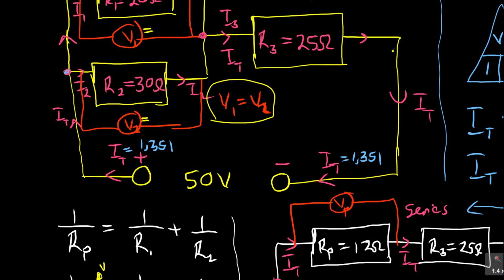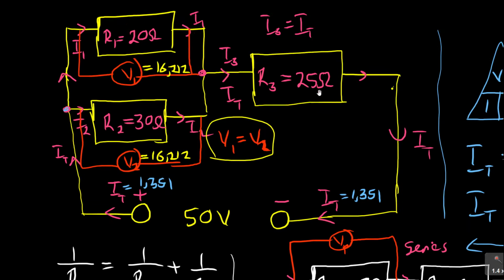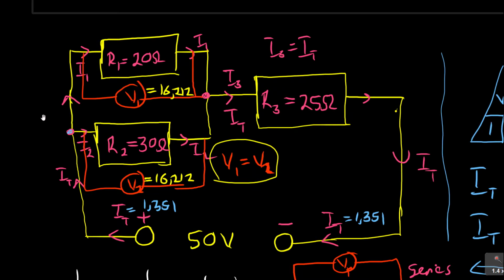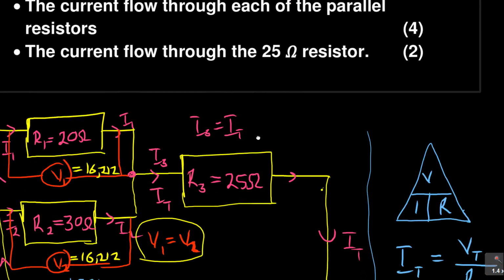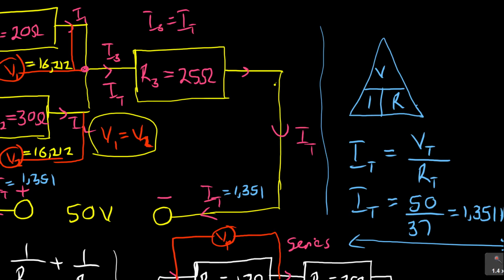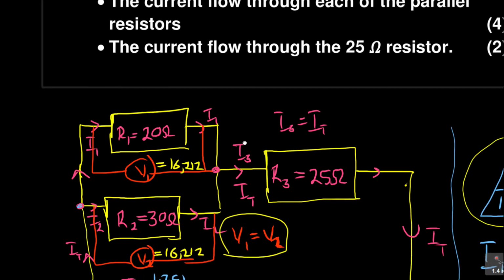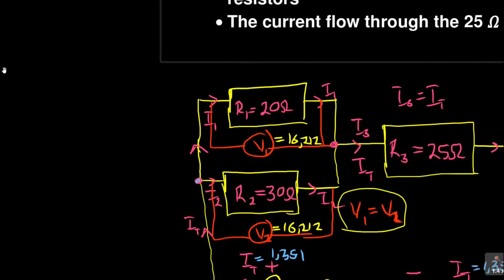So I write here 16,212, and also here 16,212. So you see that since I know the voltage and I know the resistance, the question now says I need to find the current flowing through. Remember the formula? I used this formula here to say I is V over R. So if I use that formula in each one here, for this particular scenario,